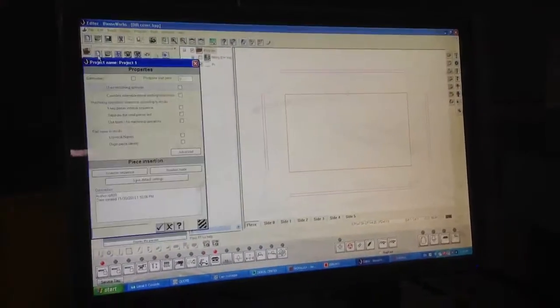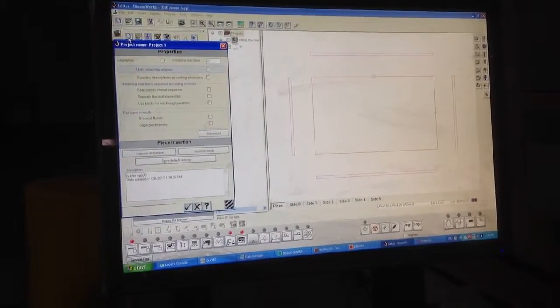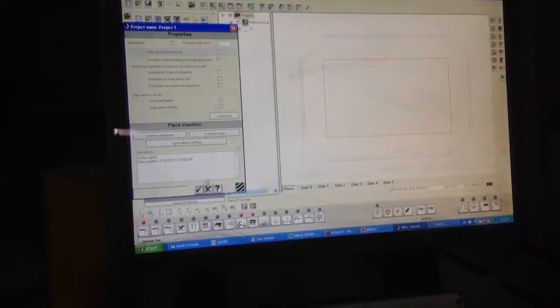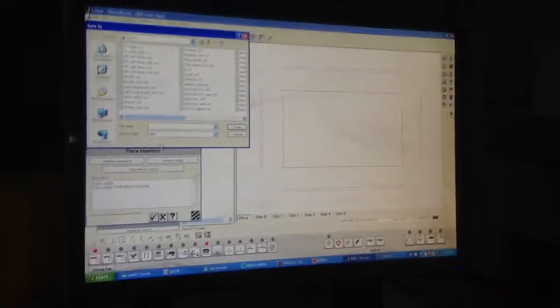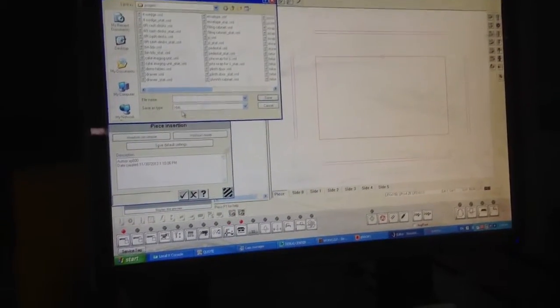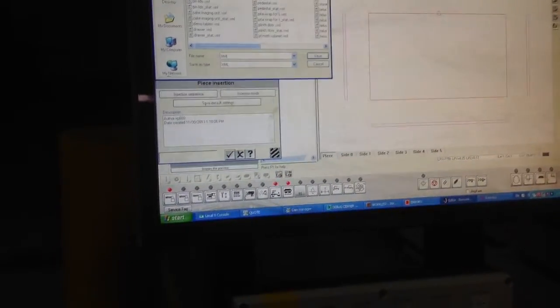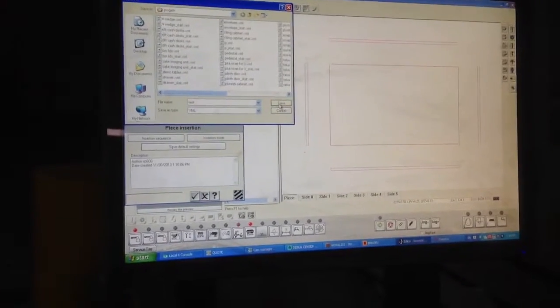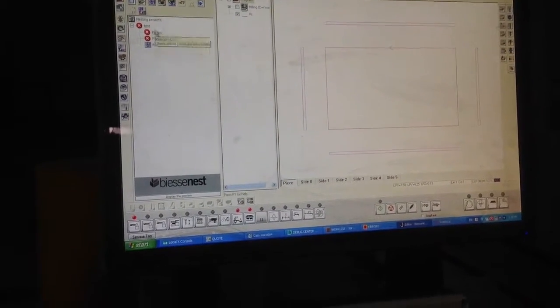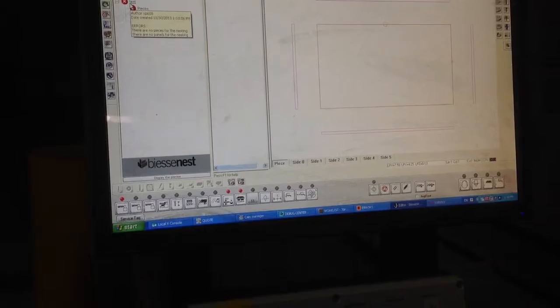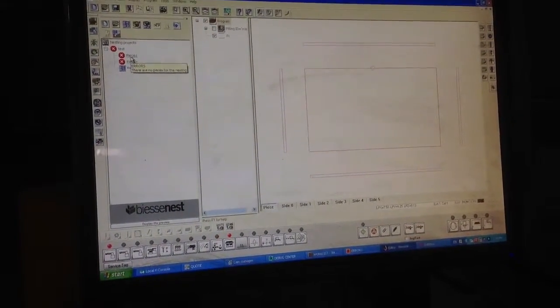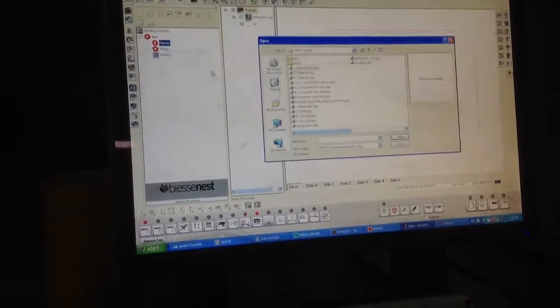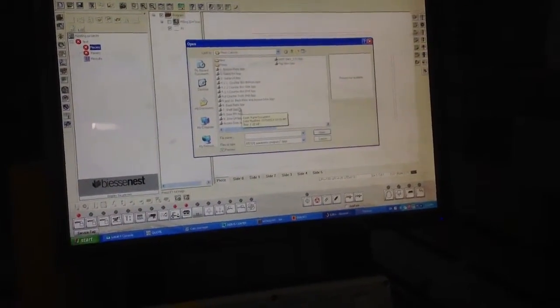Now let's say you want to do a new nest. You click new, up comes this screen. Just click the check mark, and now you give it a file name. I'm going to call it test. Hit save. Now you've got a test project. You've got pieces and you've got panels. You start importing each of the pieces you want to import,